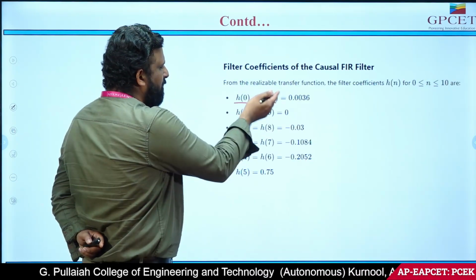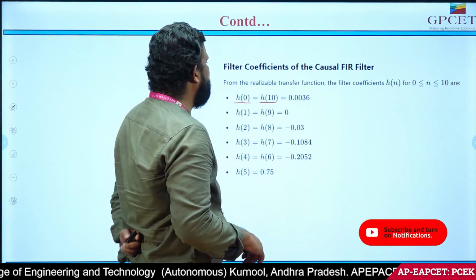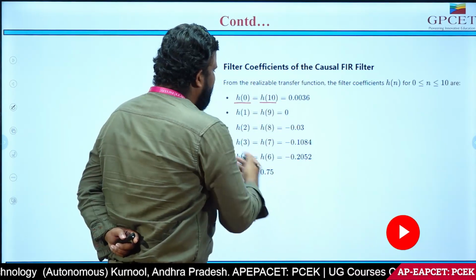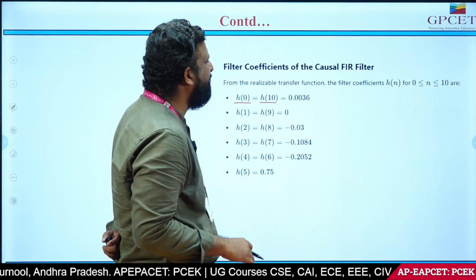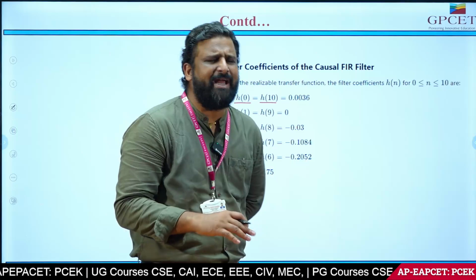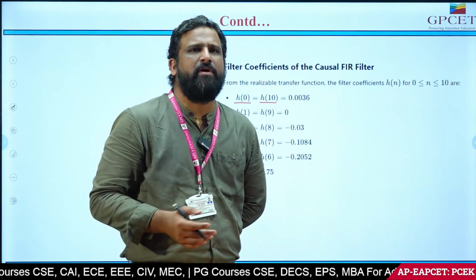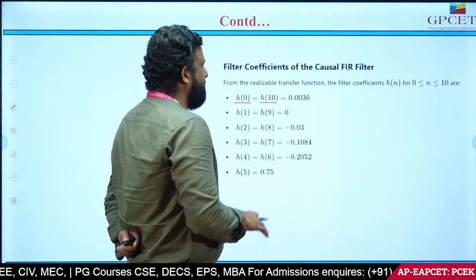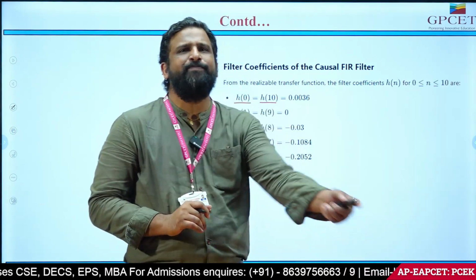Same, by taking the common terms, what are the coefficients we formed here? The coefficients are h of 0 is equal to h of 10 is equal to 0.0036, and similarly with the help of this transfer function and all these coefficients, we can draw the finalized high pass filter by using any type of diagram like direct form 1, direct form 2 or parallel, whatever it may be, which we have discussed in the previous sessions. So like this, we design the high pass filter by using the Hamming window